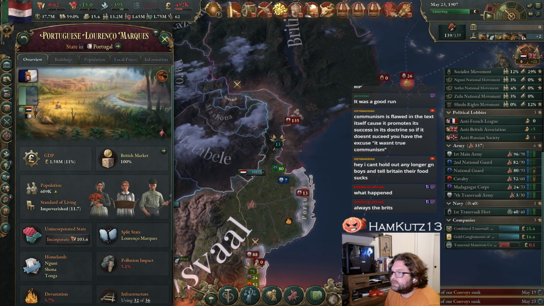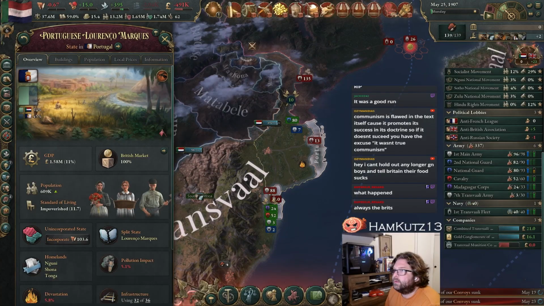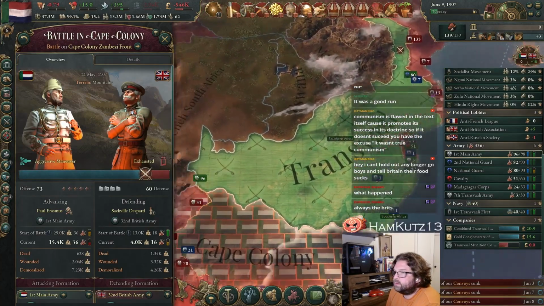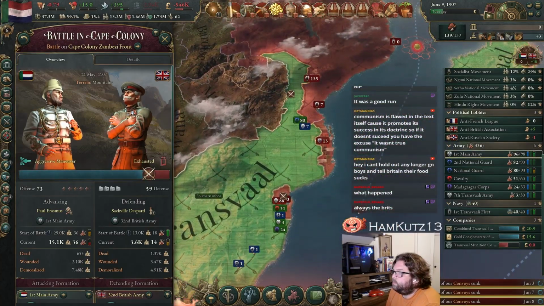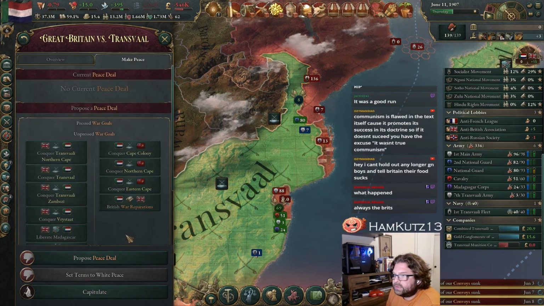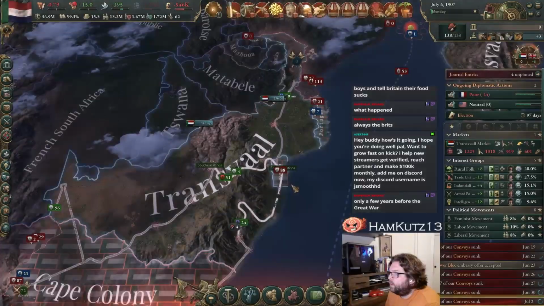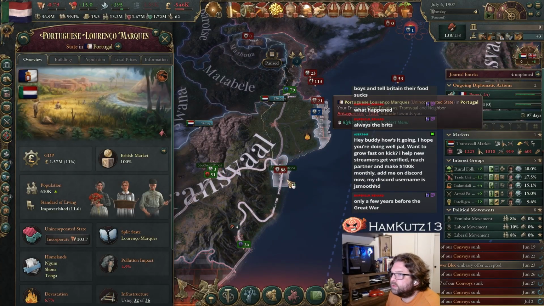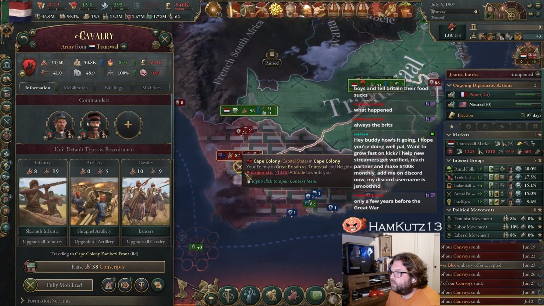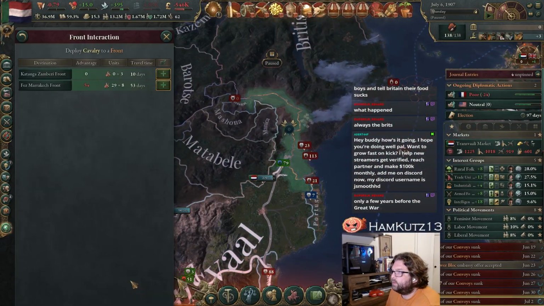Oh, look at this. About to push Portugal back. What about this land here? Okay. We've got Great Britain down to plus 18. Yeah, now the war goals I set, I'll hold all three. Oh, okay, let's pause here. We broke that front. I think we're kind of okay here. Let's send the cavalry